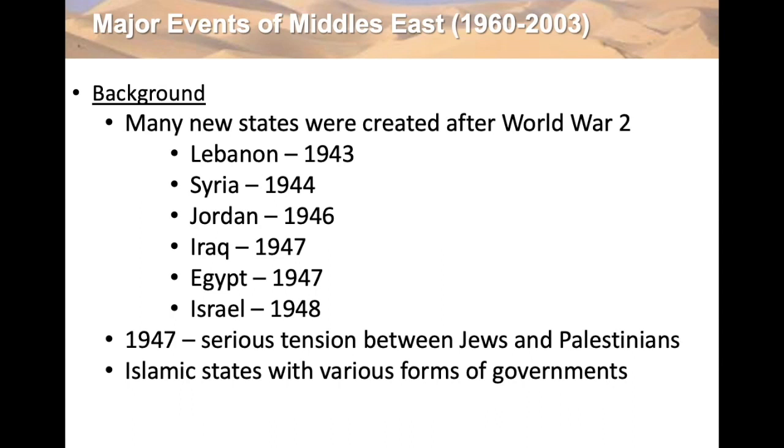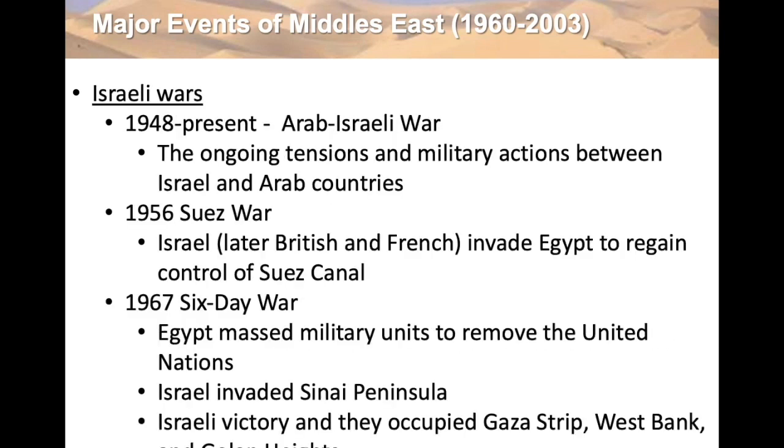And that's evident from everything from the different problems with the Golan Heights, the West Bank, and the Gaza Strip incidents to the Gulf War, which is called Desert Storm, where Iraq was shooting Scud missiles into Israel. So there's serious tensions going on. Okay, so we'll talk about the Israeli wars.